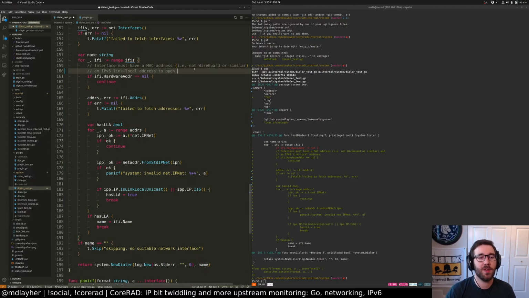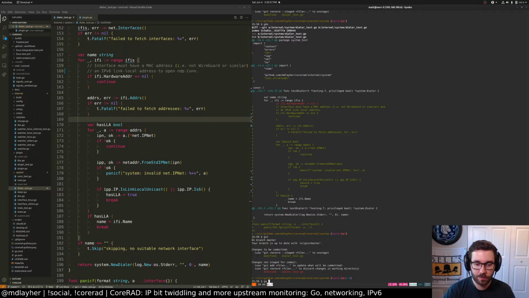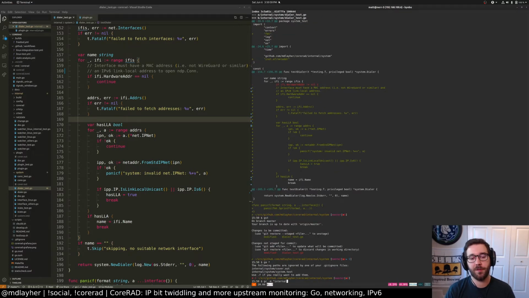Yes. To open NDP con. NDP con. Yep. Kind of funny how you have to do all this verbose logic to look at the properties of an IP address, but such is life. Star internal system. Handle systems with integration interfaces having IPv6 LLA.